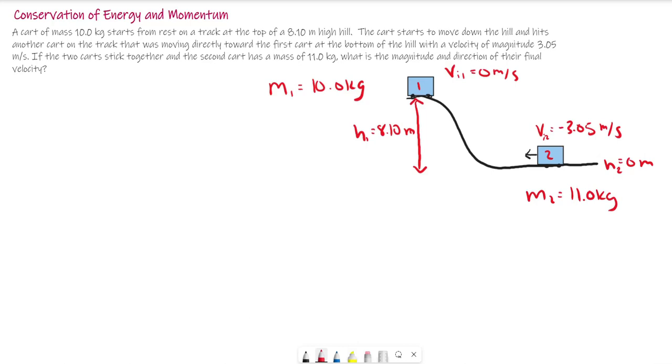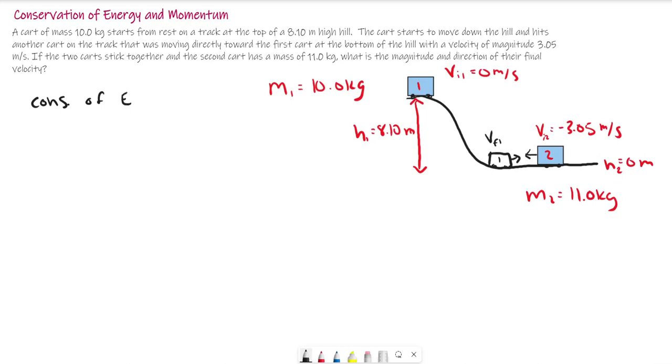So what we need to do first is to figure out the velocity of the first cart once it reaches the bottom of the hill. So once it is down here, this drawing is not perfect, it's going to be going toward the right, so it's going to have a positive velocity, but we need to know what that is. As far as the first part of this problem, we're going to call this velocity V final 1. So this is still cart 1, but it's the velocity for the final part of the first part of the problem. So first let's use conservation of energy